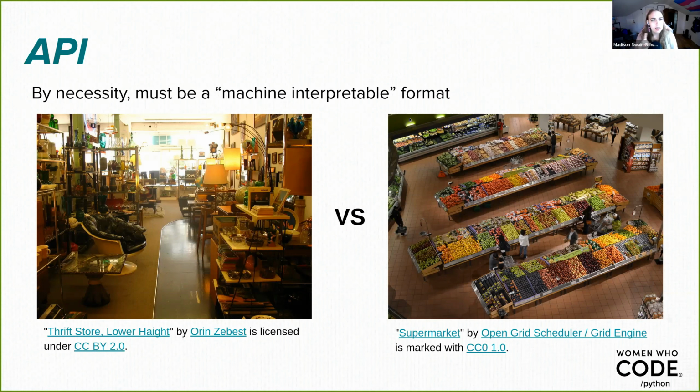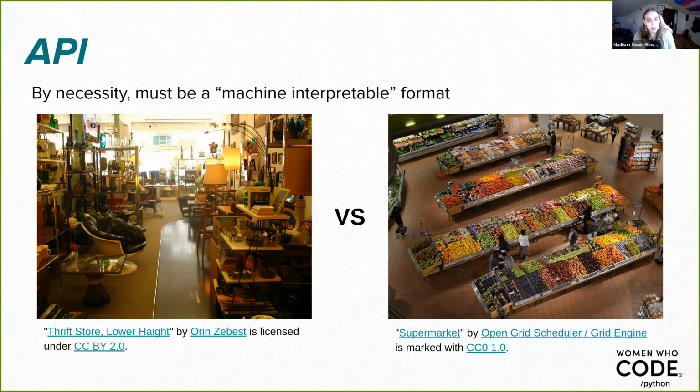On the other hand, a supermarket might be a lot more navigable for that robot, right? Everything is in a specific bin. Usually there's a directory for the supermarket of where things are and where the robot can find things. It's a very regular way to interact with the environment. And so we have to think about APIs in that sense too, right? By the nature of the work that we're doing, it has to be something that's really regular, normalized. Everything in its place.